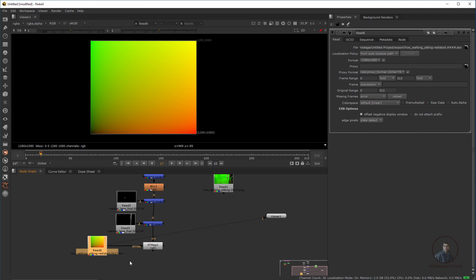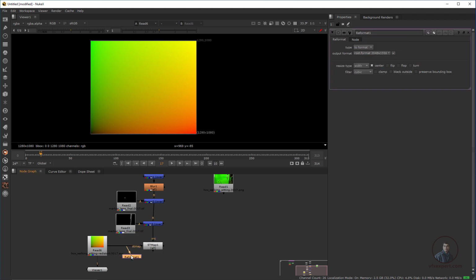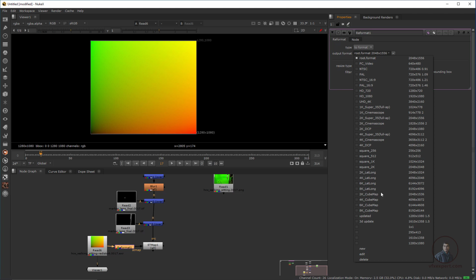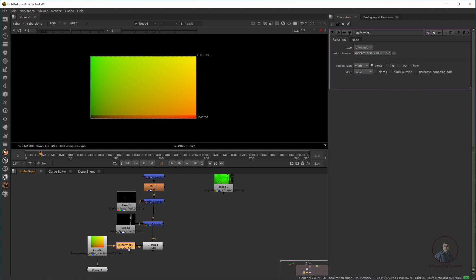So we take a Reformat node here. Press Tab, type Reformat and connect it here. Double click on the Reformat and select the format updated according to our footage frame size. Remember this one. Finally, press 1 and double click on the Reformat.